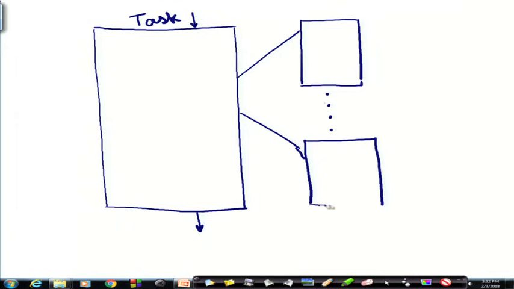Each of these subtasks is small enough so that we can manage it better.